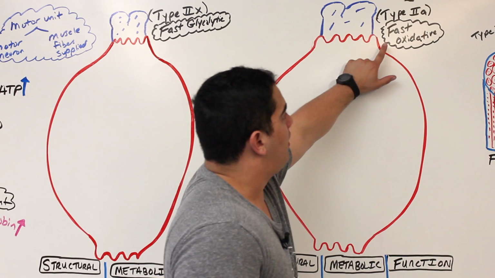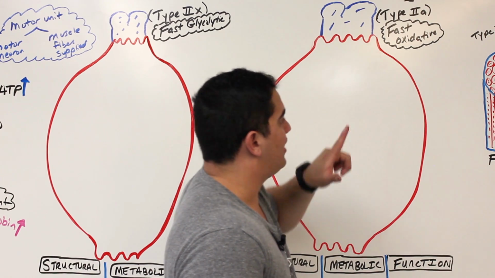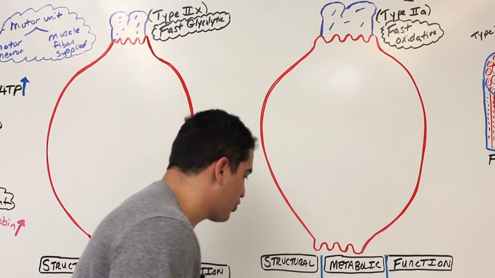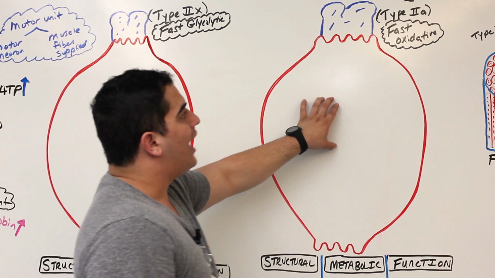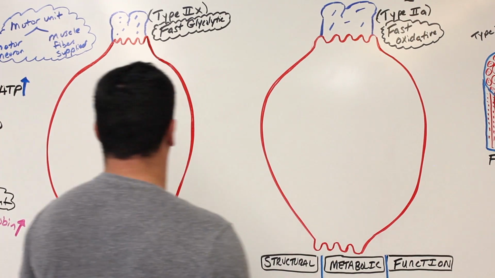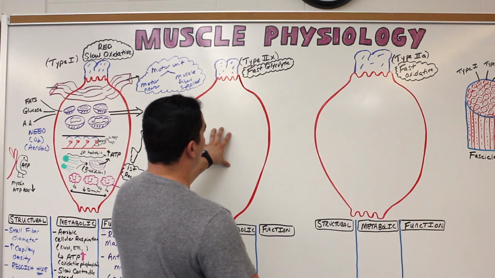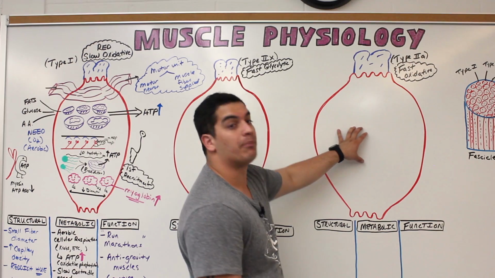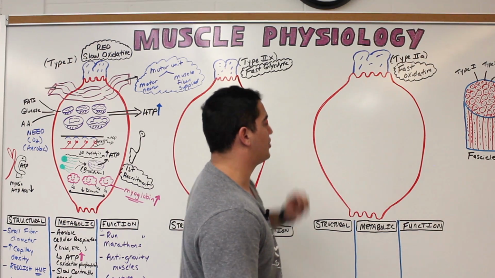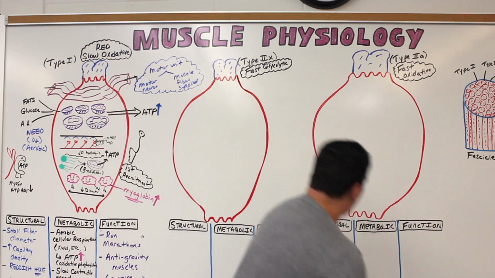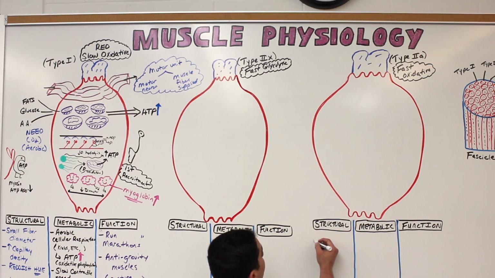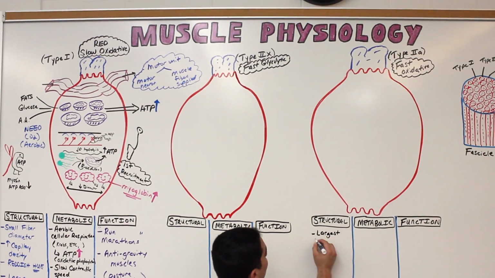Okay, think about this. Fast oxidative. Okay, let's go back to the structure. Now, with type 2a, let's look at this again. Look at this in just an overall view. This is the smallest. This must be kind of like intermediate, and this is the big boy. So this is the largest of all the skeletal muscle fibers. So this is the largest diameter